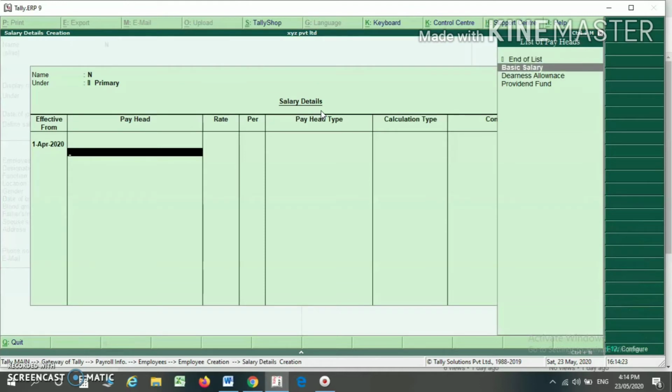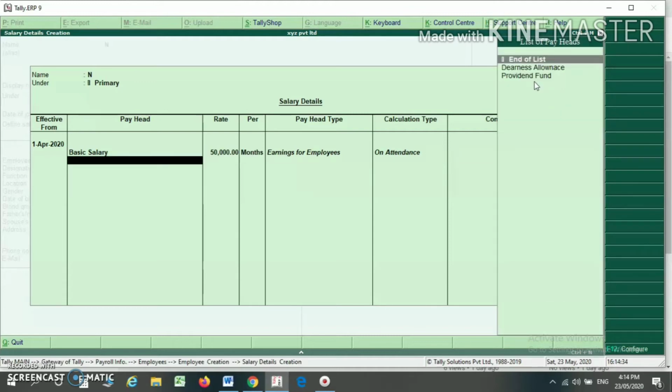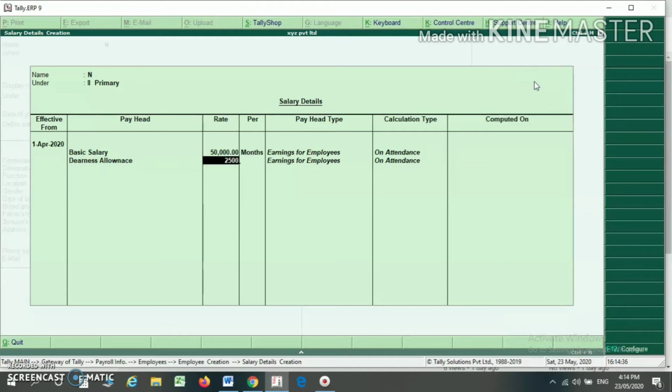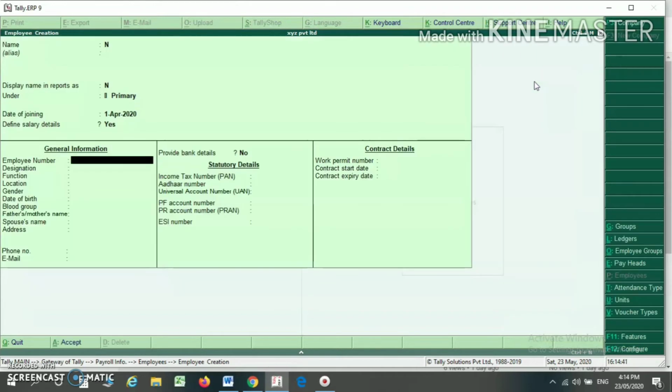Now here I may see my list of pay heads which I already created. So I am selecting here basic salary 50,000, dearness allowance 25,000, provident fund will be calculated automatically.